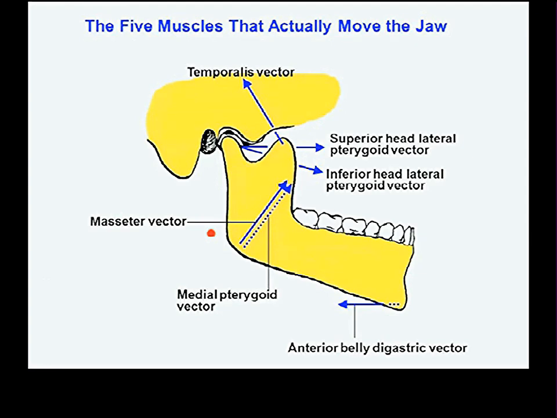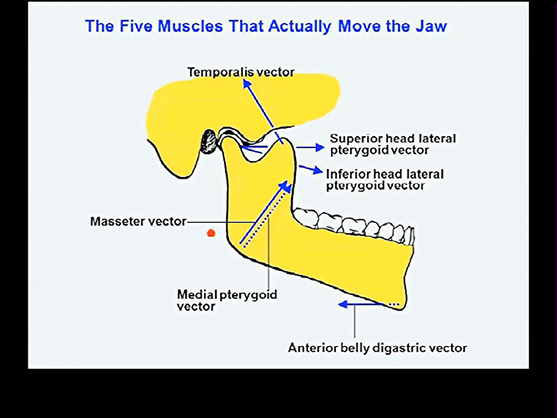But the main thing is it does not contract when you open your mouth. Superior head of lateral pterygoid contracts when you close your mouth, and particularly when you bite down hard on things. So its function is 180 degrees opposite from the function of the inferior head of the lateral pterygoid. And most people believe that what the superior head of the lateral pterygoid is doing when you bite down hard on something is pulling your condyle forward so that the force is directed between it and the articular eminence, and not between it and this roof of the articular fossa.